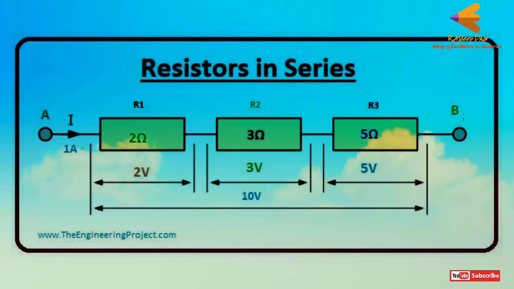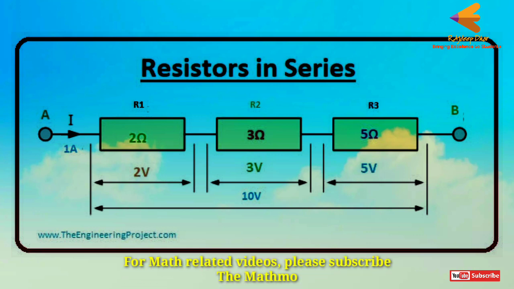So students, let us discuss resistors in series. When two or more resistors are connected in series, the current through the circuit remains the same. The potential difference becomes the sum of the individual potential differences across each resistor. The equivalent resistance of the circuit is the sum of the individual resistances. For better understanding, let us watch this short clip so that you can clearly know about resistors in series.